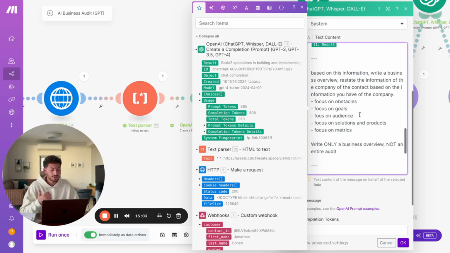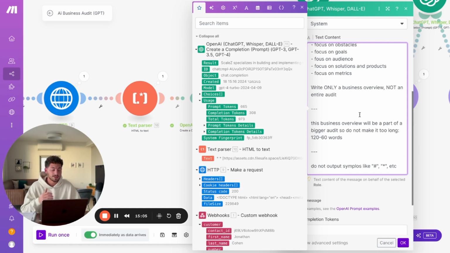Now, I'm only asking the AI to provide me with a business overview, and that's it. Not the entire prompt. Write only a business overview, not an entire audit. So what we're going to do is split the audit into different parts. We're going to focus on generating an audit of the business overview. Then we're going to focus on generating an audit for the marketing strategy. Then we're going to focus on generating an audit for the sales process. We're going to simply break it into different prompts and into different modules to make sure that we get